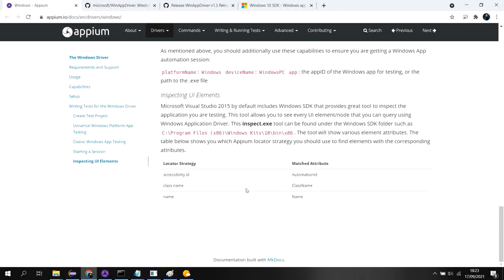Okay, and there is one more thing I want to mention here. Just like the attributes we use in other places, here they are providing one identifying attribute, that is accessibility ID. The same thing is available in the app: when we are inspecting the application, it will come as the automation ID. Similarly, the class name we will use as a class name, and the name we will use as a name.